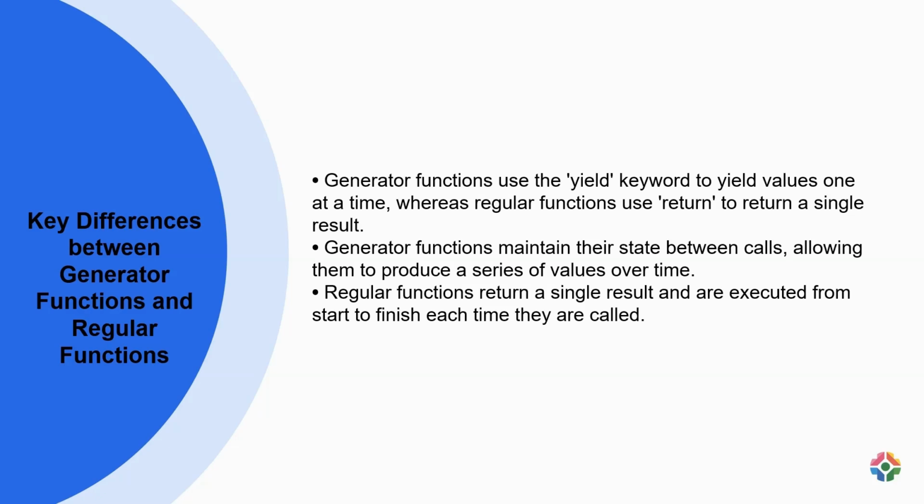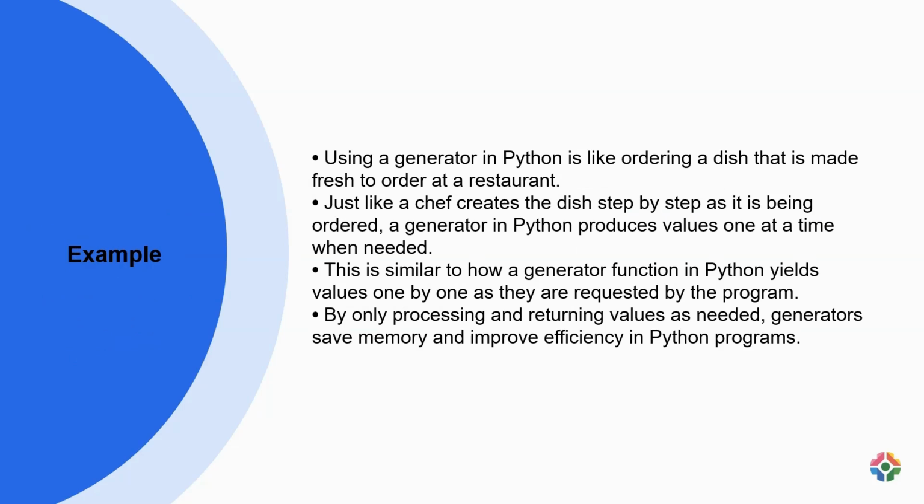An illustrative example would be a generator function that yields the next value in a Fibonacci sequence with each call, maintaining its internal state to produce subsequent numbers, compared to a regular function that computes and returns a single Fibonacci value upon each invocation. Using a generator in Python is like ordering a dish that is made fresh to order